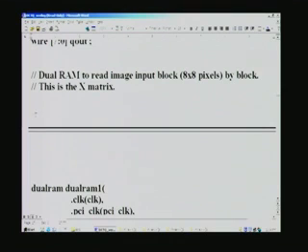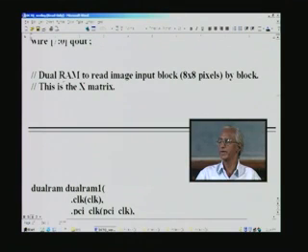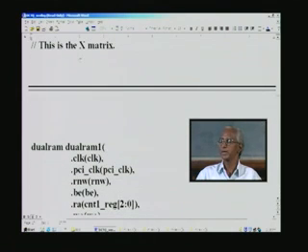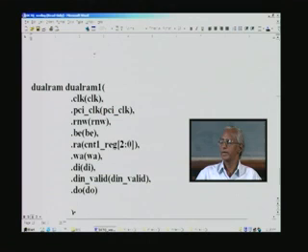practice: you should not have any logic in the main design, that is the top design. What you should have is only calls to all the sub modules here. For example, dual RAM is being called here, and that is what is indicated here. Dual RAM is used to read the image input block of 8 by 8 pixels. This is read block by block, and this is the X matrix that we have, and one row of a particular block is being read at one time. Every clock we keep reading every row in a block, and so in order to read that into the RAM, we have to invoke a dual RAM here, and this is the instantiation,